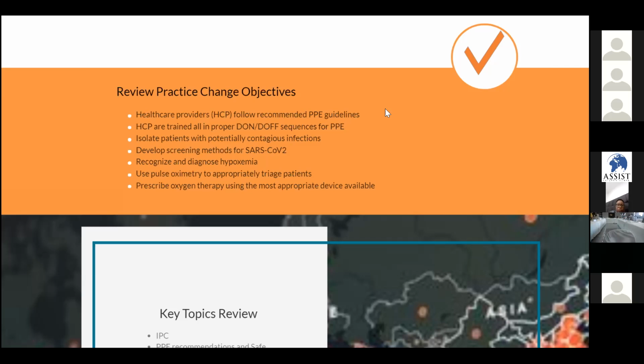Prescribe oxygen therapy using the most appropriate device available. We had a talk about escalation and escalation of oxygen therapy. I assume that information was given clearly. So remember,